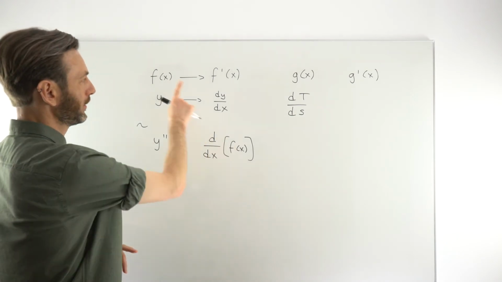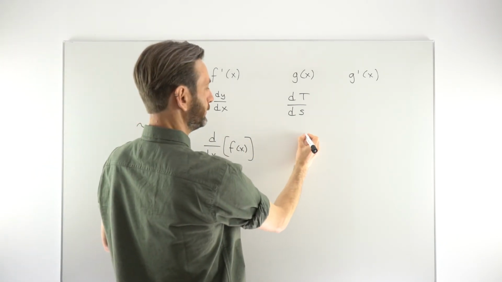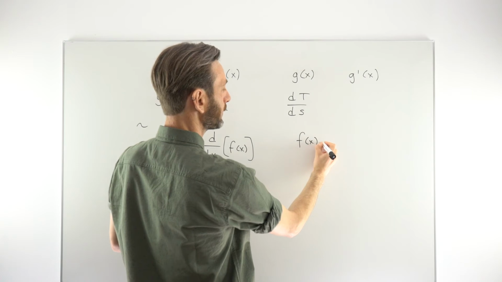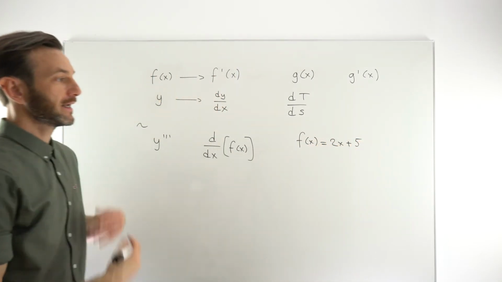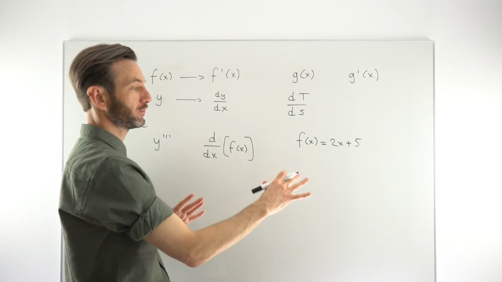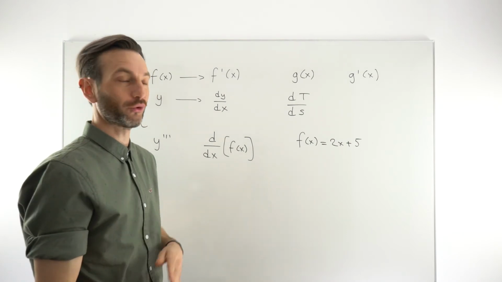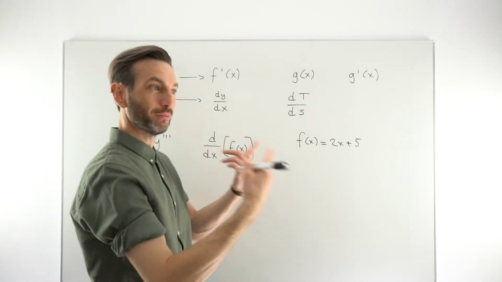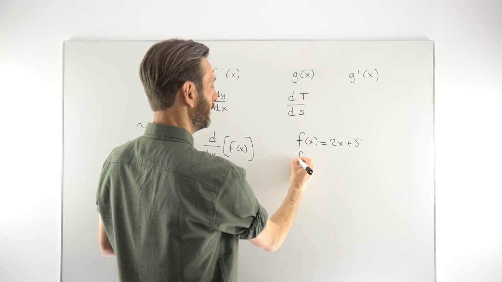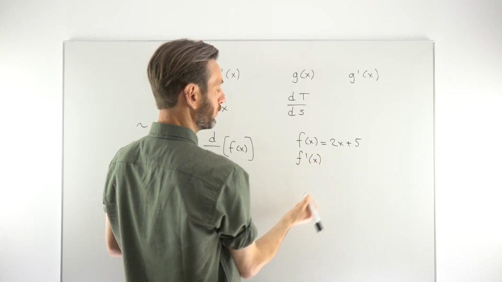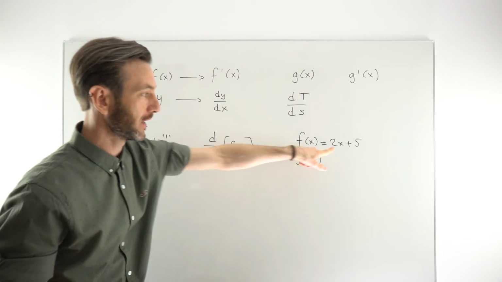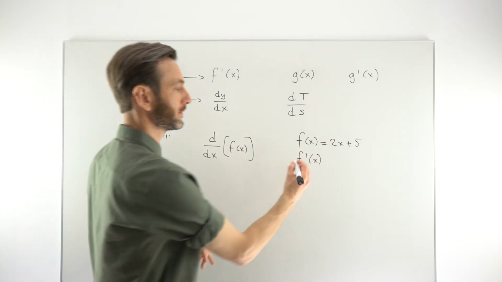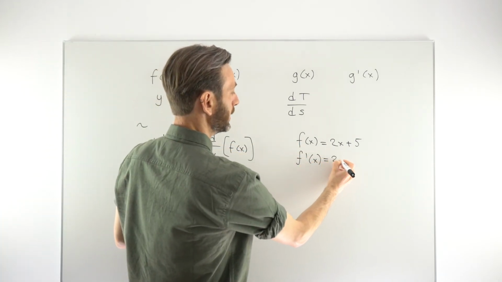So for example, if we had a function f of x equal to, say, 2x plus 5, we can now go ahead and take the derivative. Now, you've probably not yet reached the rules for differentiation, so I'm jumping ahead here just to show the notational difference. If we take the derivative, we represent it, because we had an f function, as f prime of x or f dash of x,